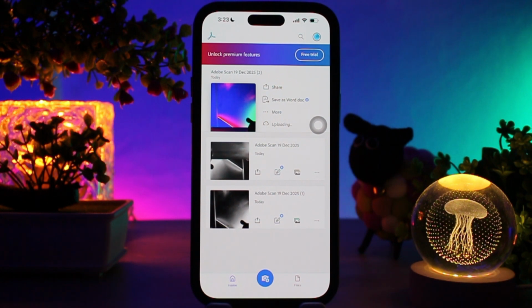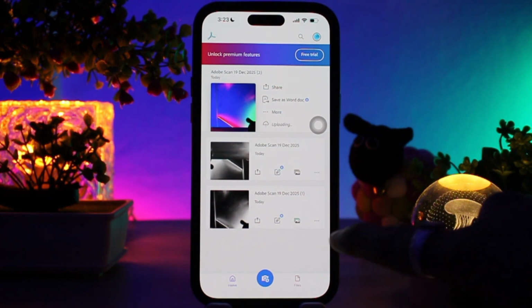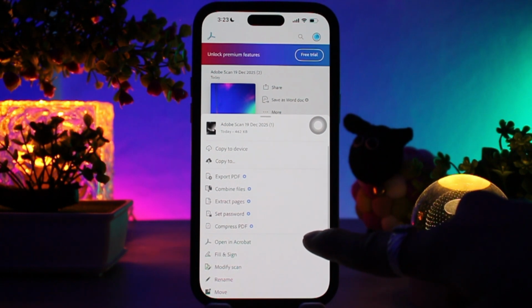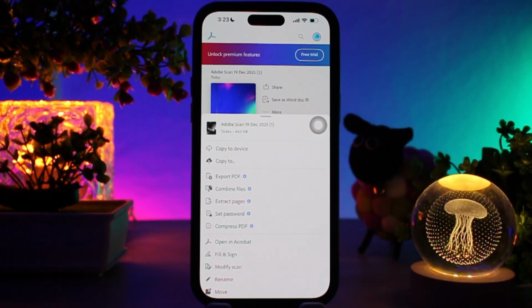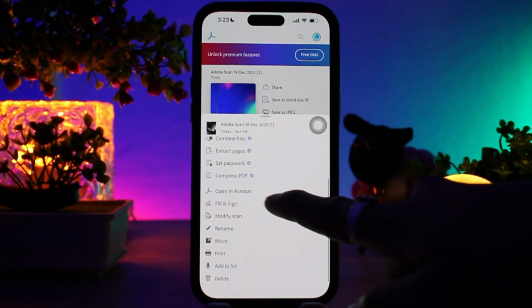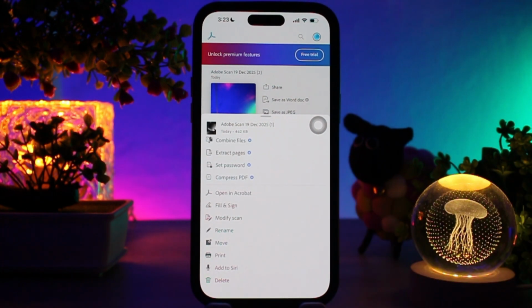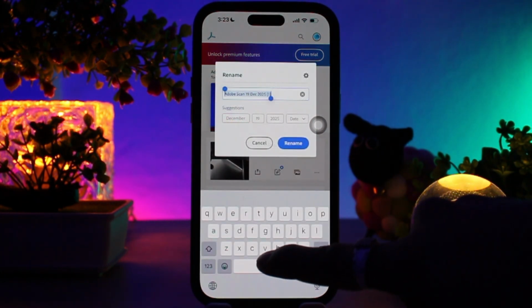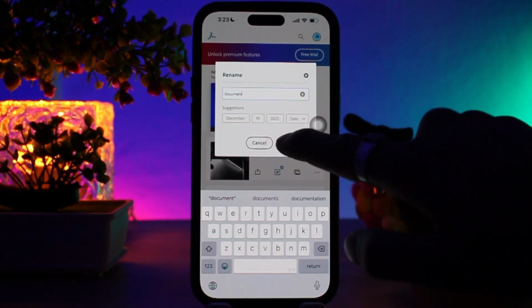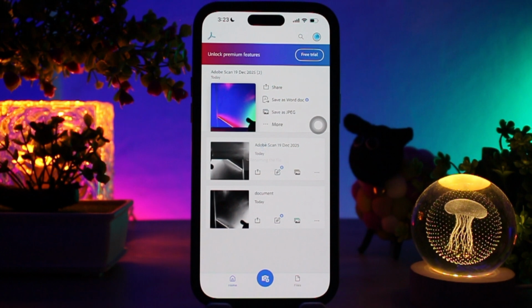Now, in order to organize documents, just simply select the document that you want to edit or organize by tapping on the three-dot icon right next to the document, and here you can either combine files or export PDF. You can also rename the document by simply tapping on the rename option and then typing in your name. And then once that's done, simply select rename, and the typed name will be set to the